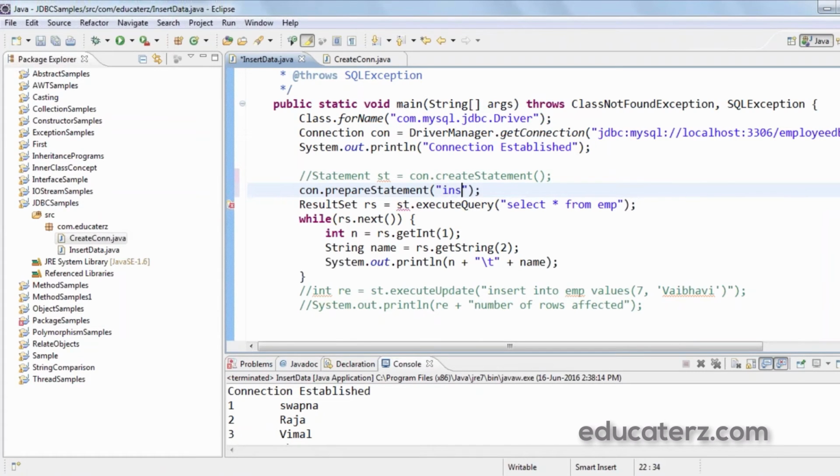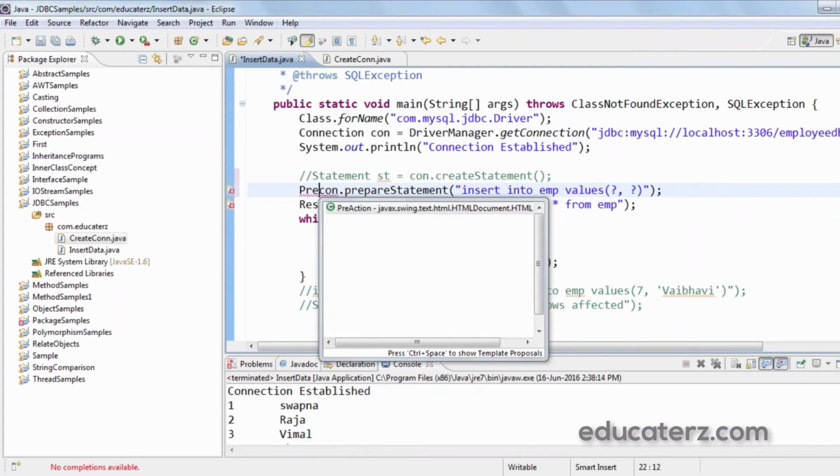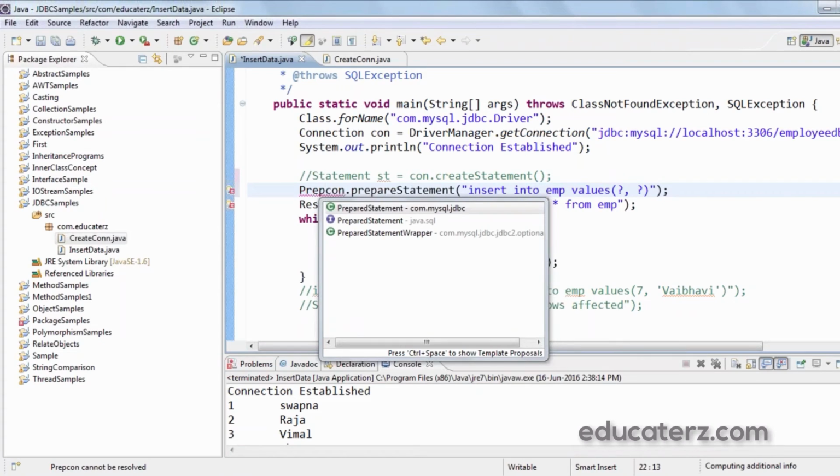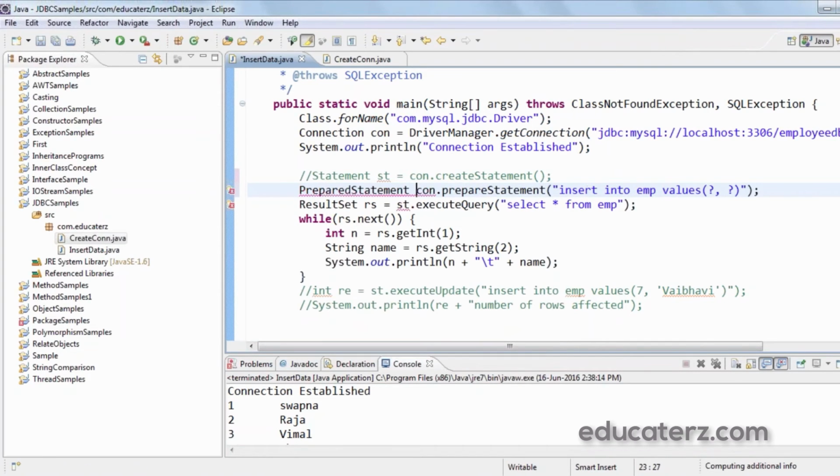That is, insert into EMP values. We should not give the values here. We need to give placeholders, that is question marks. As many columns as we have in the table, that many question marks, that many placeholders. This returns an object of the PreparedStatement interface, so I need to capture it in a PreparedStatement object.